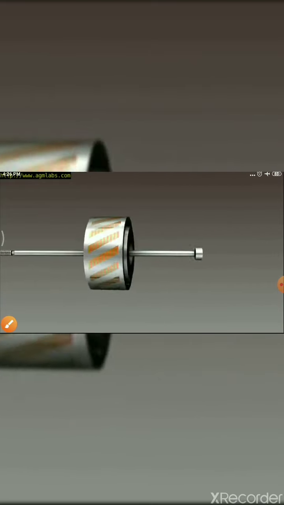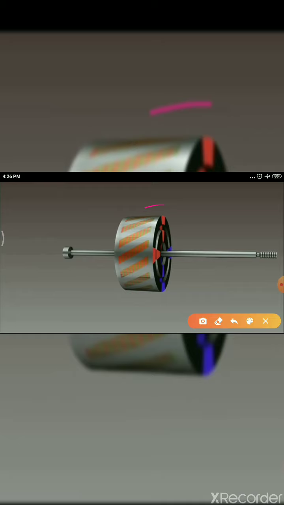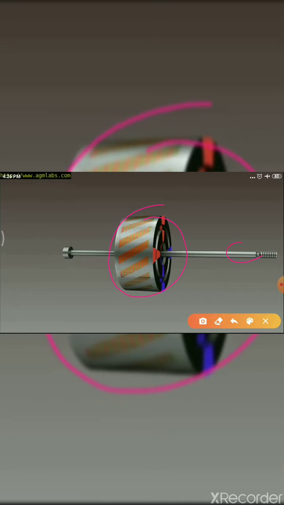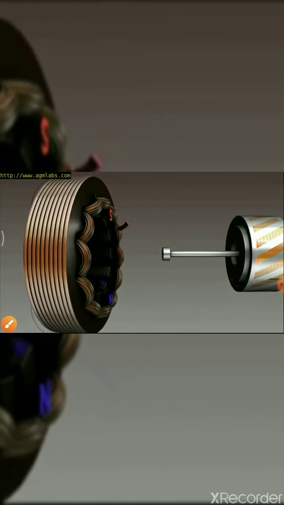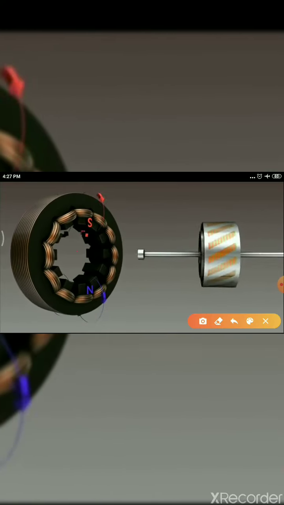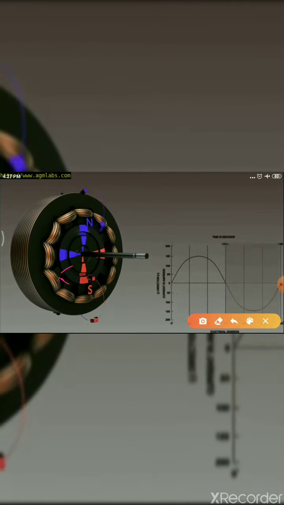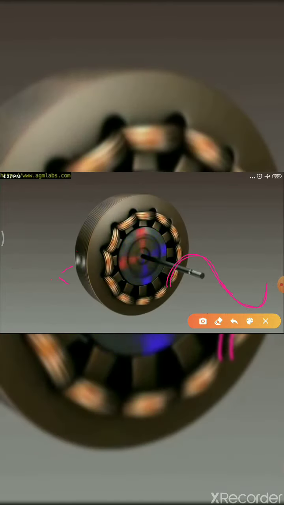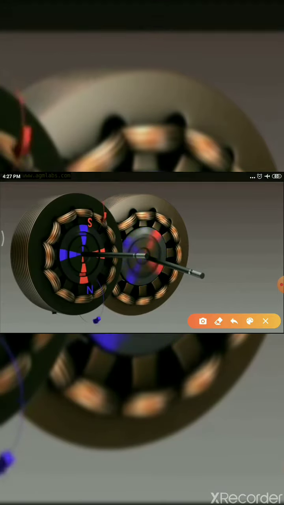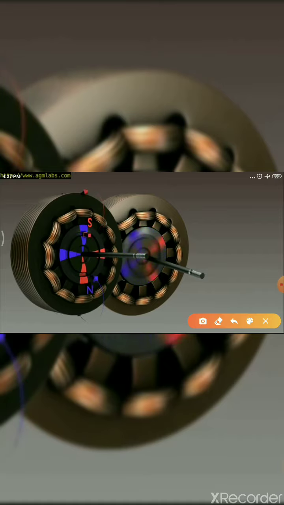Now the next part is the rotor, which is a rotating part mounted on the shaft. This is your shaft. Always remember, the rotor will be inserted in the stator. The gap between the rotor and the stator is called the air gap. Every half cycle the poles change their phases, therefore an alternating flux is produced. This will be rotating continuously once it reaches its synchronous speed. About this we'll discuss later.